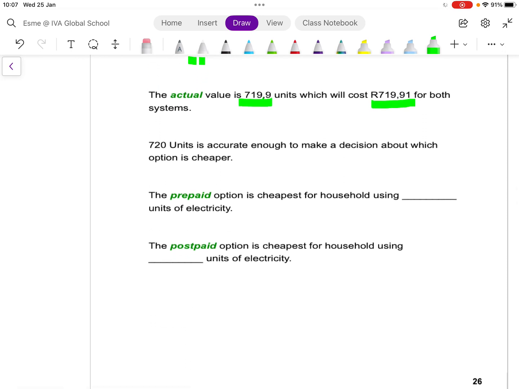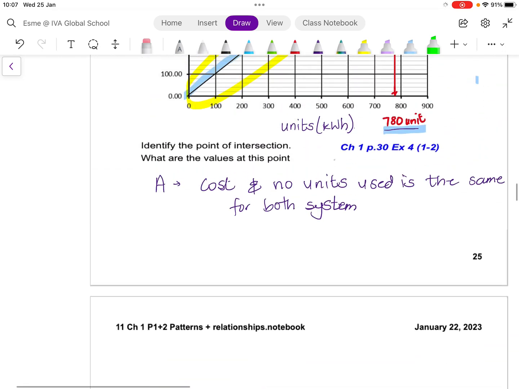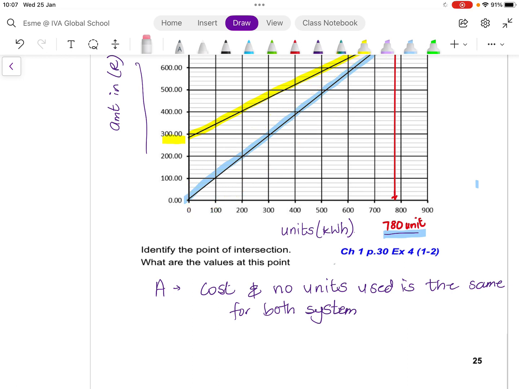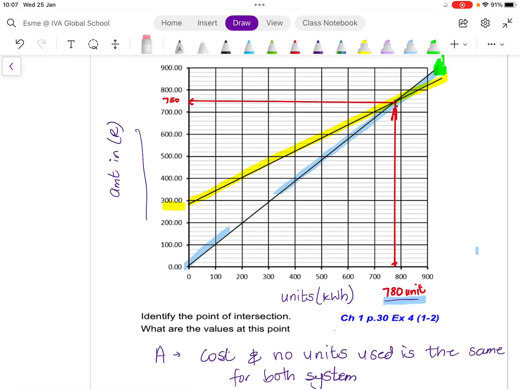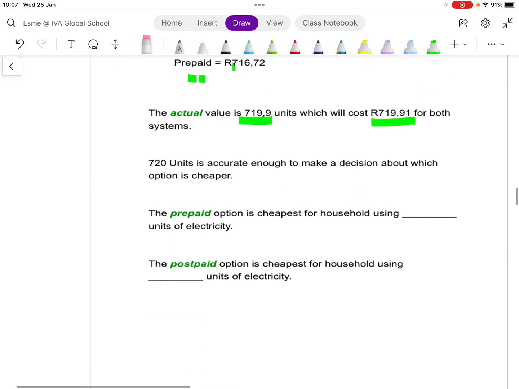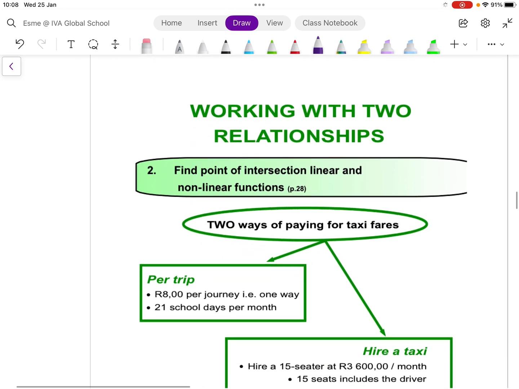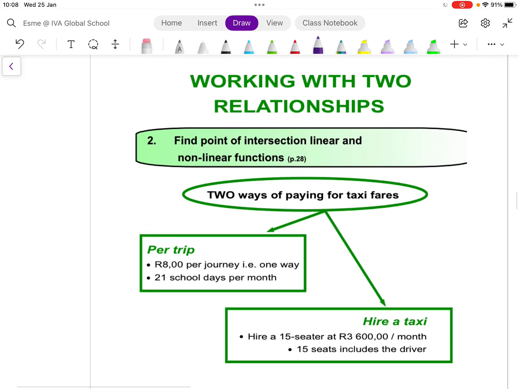I would accept it. The prepaid option is cheapest for the household using, so prepaid was our blue graph. So for a household using 0 to 780 kilowatt hours, it would be cheaper. The postpaid is cheaper for more than 780 kilowatt hours. So that is how we use the break-even on 2 line graphs. The next one I want to look at is working with 2 relationships, but now we're going to look at